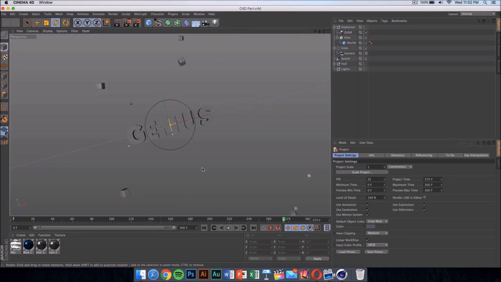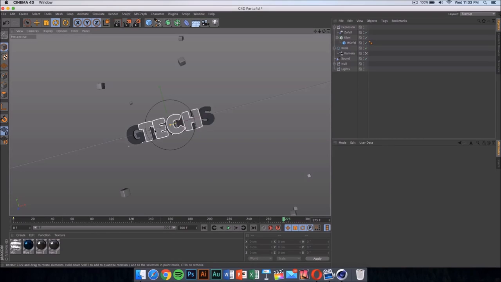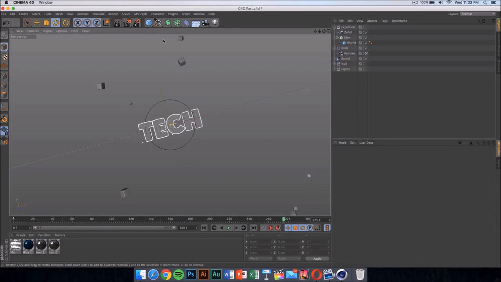If you are using Windows, it's gonna look like this exactly. And what you have to do is click on the name, and then if you want to change it, you can click it and change it to anything you want. You can change it to tech and press enter, and then once you click here, it should update the text. Most of the time there are 2 layers of text, so change the other one too by clicking on it and changing it to the same thing you changed the first one to. Now once you click there, it should update itself.